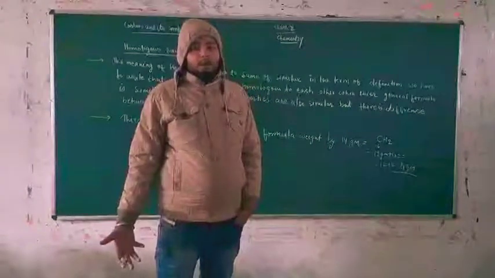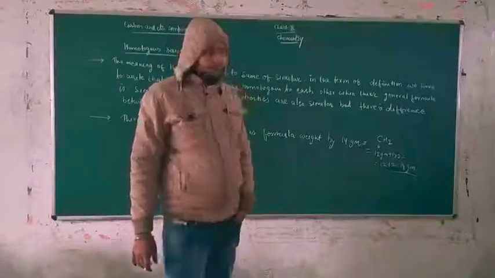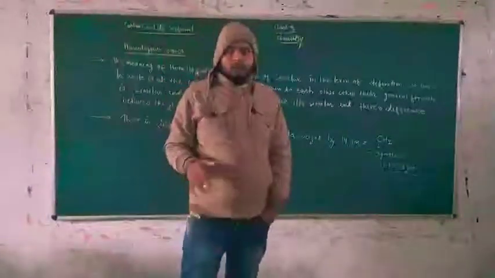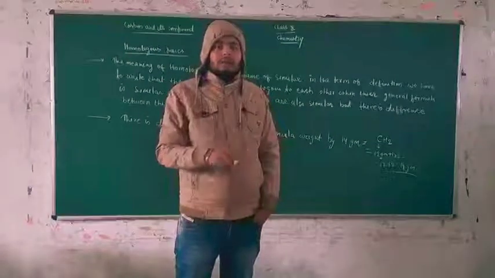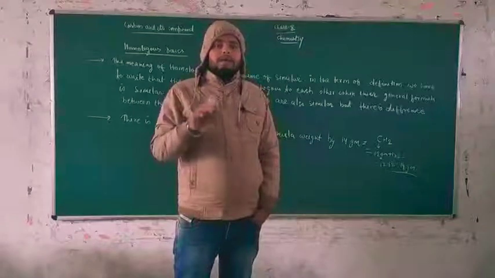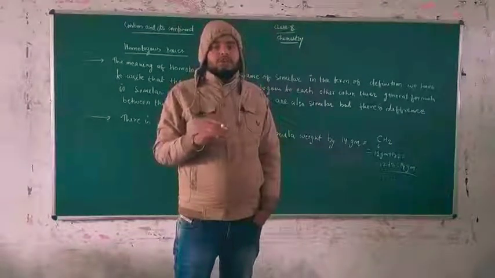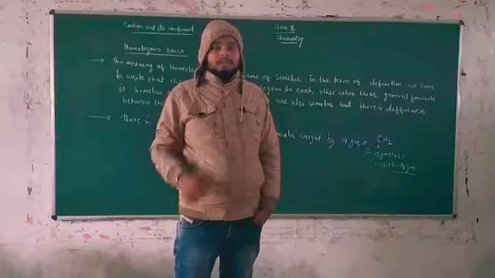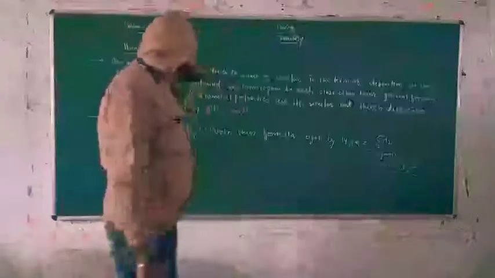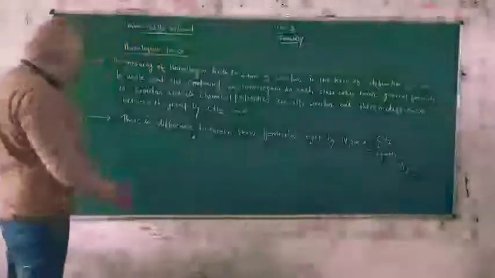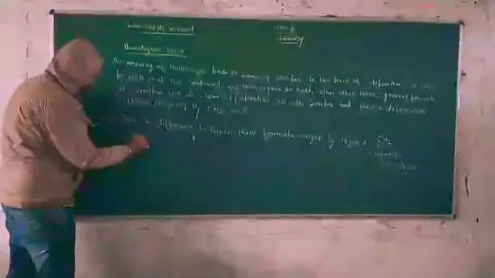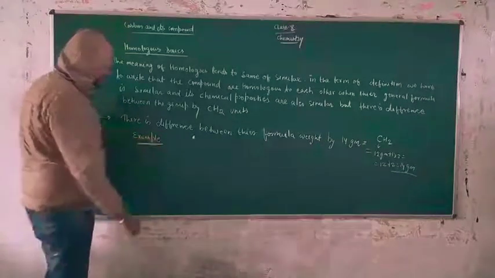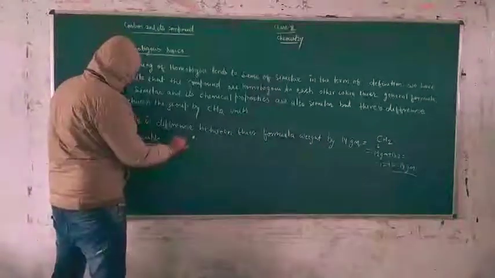How can you understand the word homologous? Homologous means similar in chemical properties, similar in general formula, but with a major difference of a CH2 unit which is consecutively continuous in the complete series. Here we will discuss only a single example, that is the example of alkane.